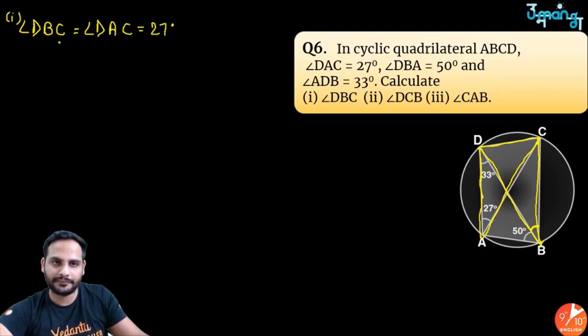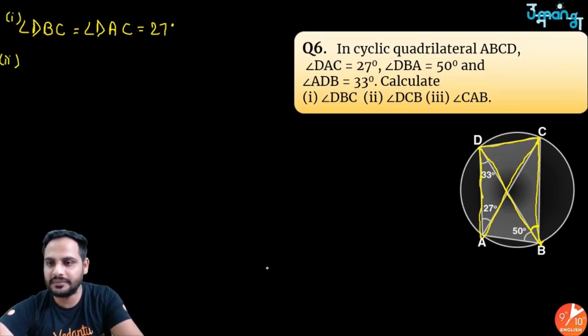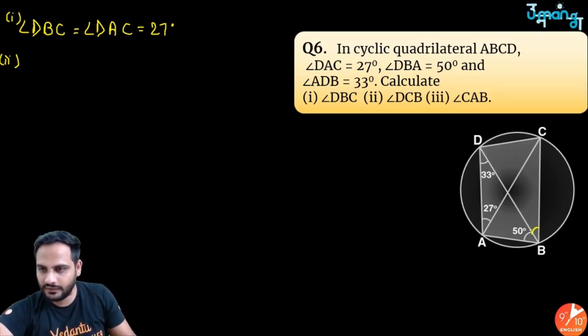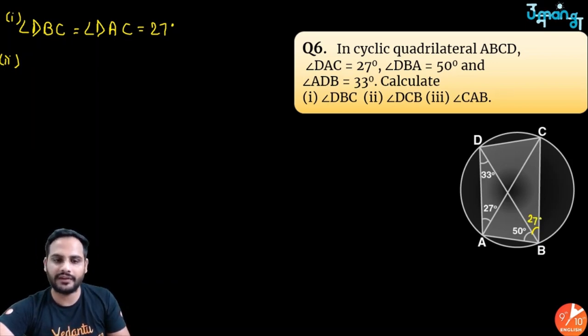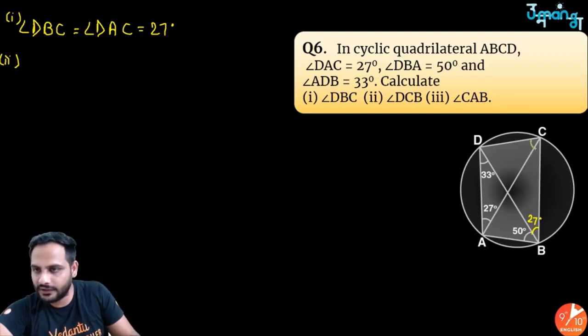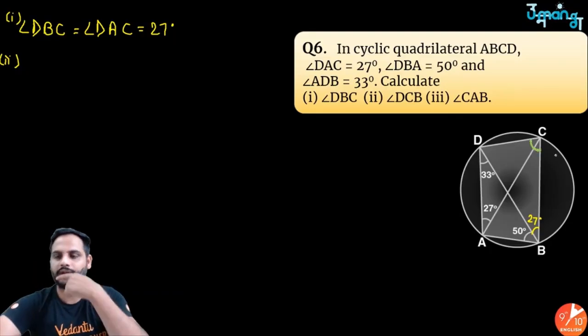First one solved, right? Let's look for the second one. Second is angle DCB. Where is angle DCB? This angle. Okay, let me erase this part. And yes, what information do we know? We know this angle is 27 degrees. Might be useful. I want to find out the value of angle DCB. DCB means this angle I need to find out. Correct. Okay, sir. Now